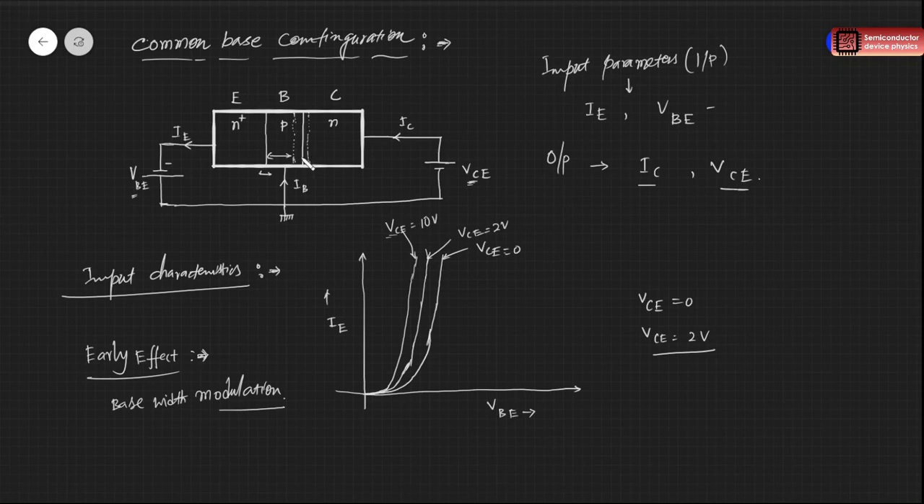So this is our input characteristic, and we can always get this knee voltage. This is our V knee, or sometimes we call it the threshold voltage. This is just the forward characteristic of a diode, and we are changing the width of the base. So these are the input characteristics. Now if you look into the output characteristics,